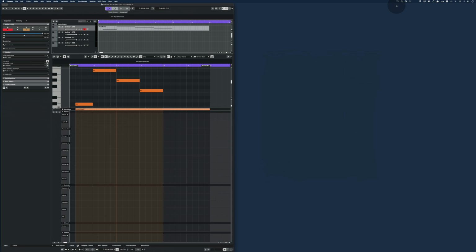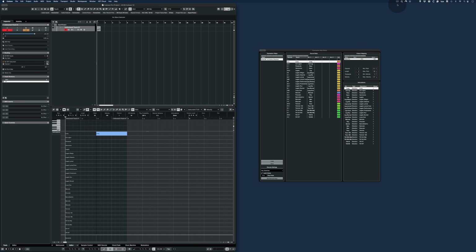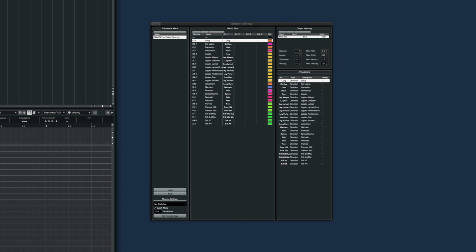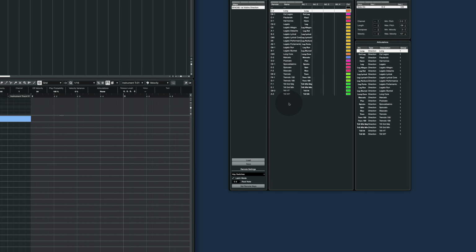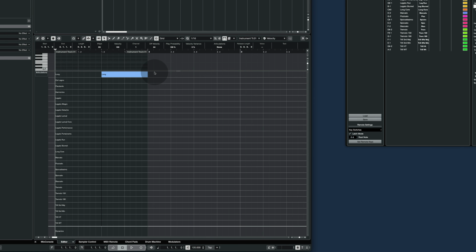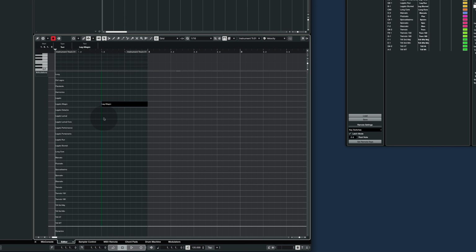Let's dive into it. First, here's the expression map setup window in Cubase 14 using a legacy Cinematic Studio Strings map. Look at the sound slots, whether it's a simple legato or a more complex combination like legato sordino. Every technique is represented by a single articulation. As a result, every sound slot occupies one row in the key editor, and you can only select one row